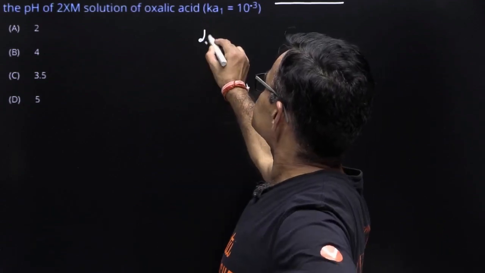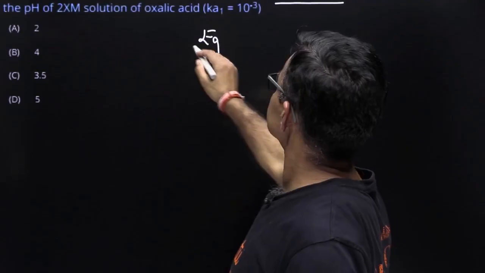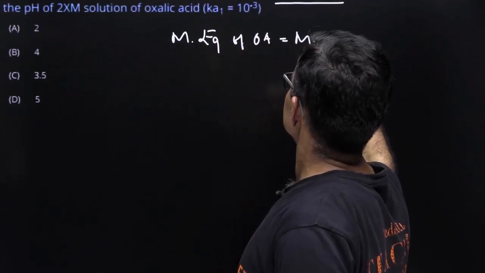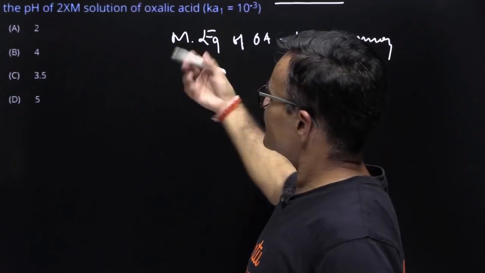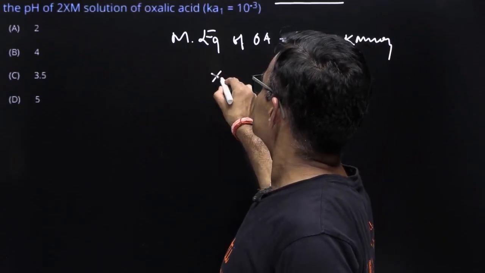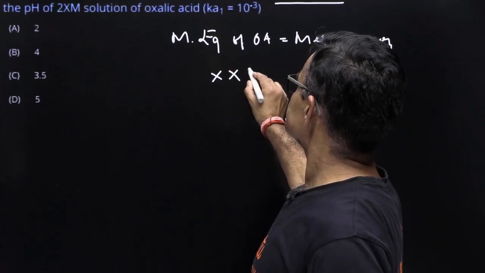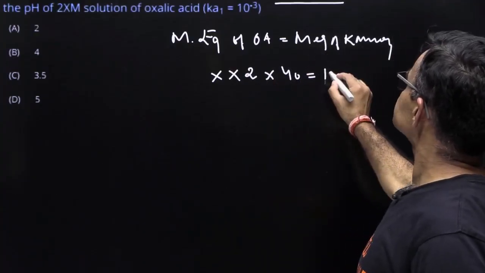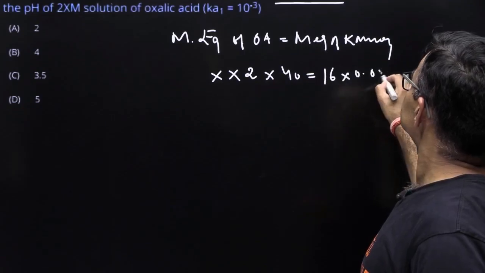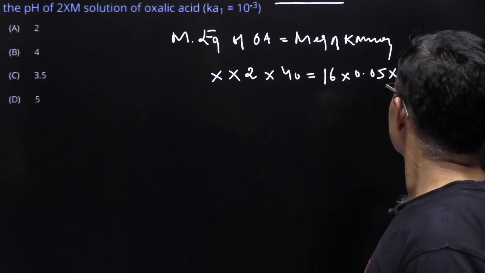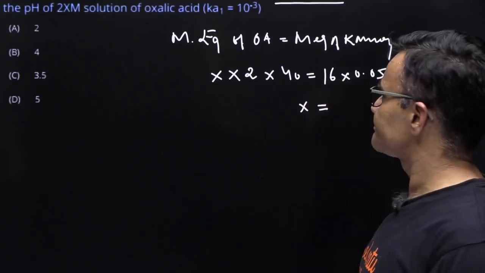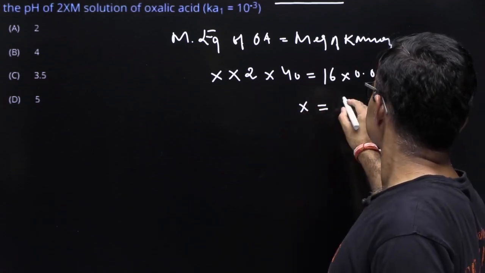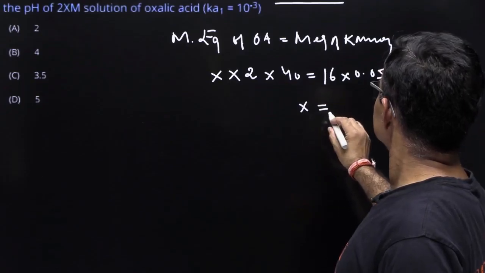ऑलराइट, तो सबसे पहले मैं लिख सकता हूँ इक्विवेलेंस या मिली इक्विवेलेंस भी लगा सकते हो। यस, मिली इक्विवेलेंस ऑफ ऑक्सैलिक एसिड इज इक्वल टू मिली इक्विवेलेंस ऑफ KMnO4। ठीक है, N1V1 = N2V2 भी बोल सकते हो। ऑक्सैलिक एसिड की मोलैरिटी है x इंटू इसका n फैक्टर होगा 2, इसका वॉल्यूम है 40, मिली इक्विवेलेंट ऑफ KMnO4 हो गया आपका 16 इंटू 0.05 इंटू इसका n फैक्टर है 5। ऑलराइट, तो यहाँ से आपको x पता पड़ गया। ठीक है, x आपने निकाल लिया, कितना हो जाएगा x निकाल सकते हैं, कोई खास बात नहीं है।